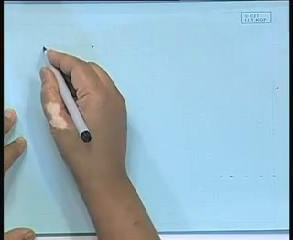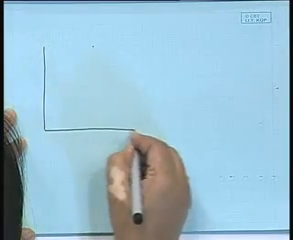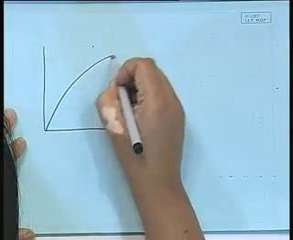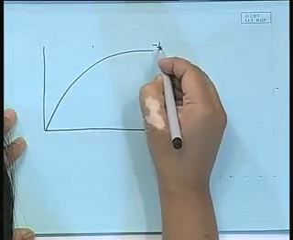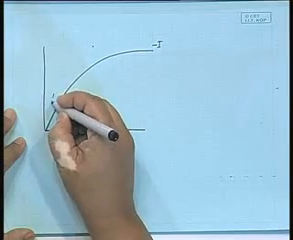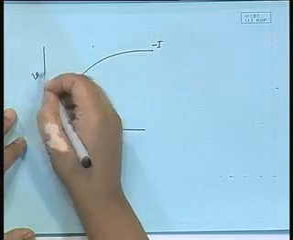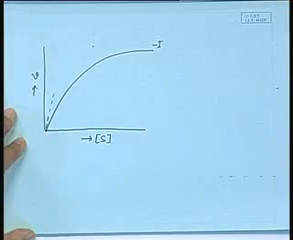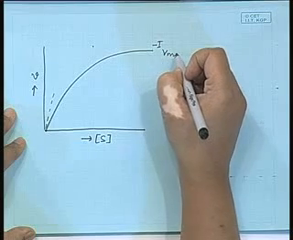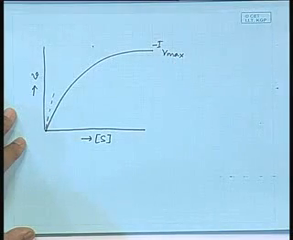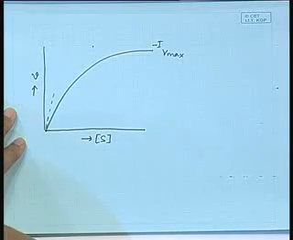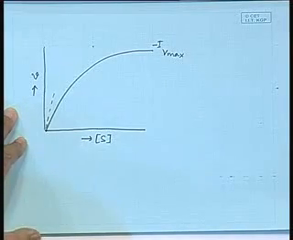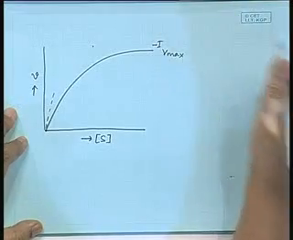Let's go back to our Michaelis-Menten. This is minus inhibitor. This is my initial velocity, this is my velocity, this is my substrate concentration. What am I saying? This Vmax will not be attained. Why? Because the total amount of enzyme is not available, and the Kcat also decreases,